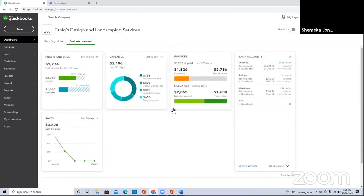So essentially, this is just an overview. And as we see here, it talks about landscaping services, but honestly, services is services. So what we provide as staffing agency owners is a service. So we provide staffing services. So some of this stuff will apply no matter what the industry is. So all of this stuff can kind of be moved around based on how you want it to look, but